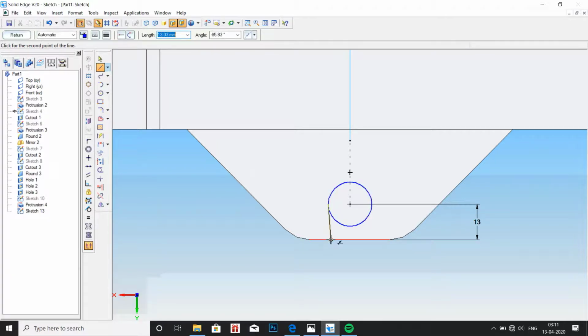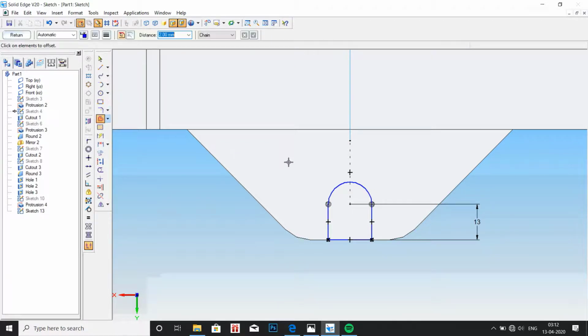Connect the circle and this edge by using lines. And connect these two lines by using a horizontal line. Remove that extra or else draw a new line. Now select trim and remove the unnecessary part of the circle.